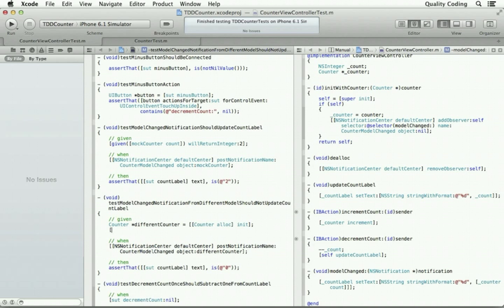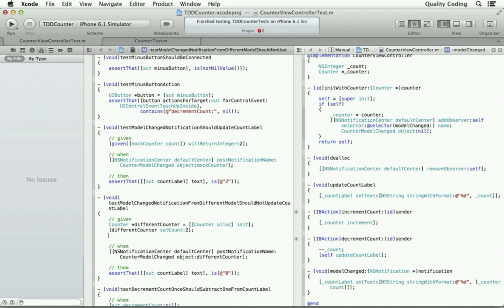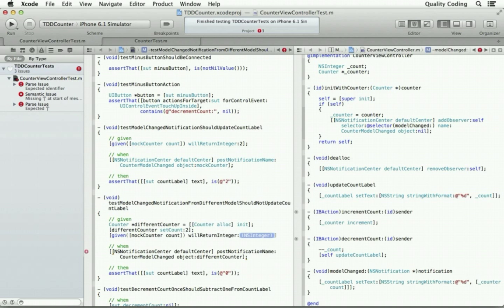Not a mock, I just made it, and I'm gonna set that to something. But I also want to change the current state of the mock to something other than 0.